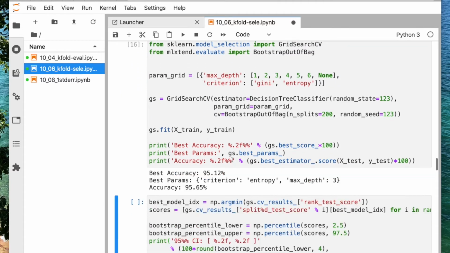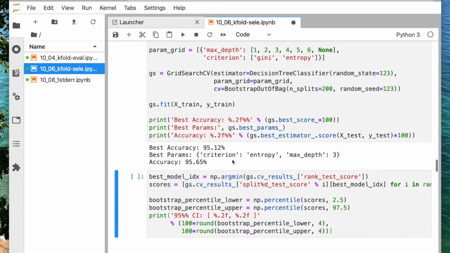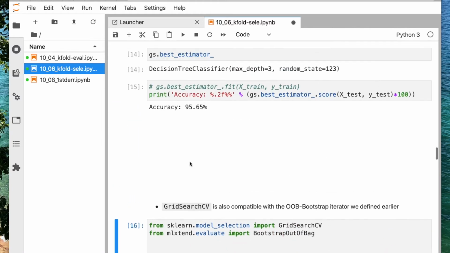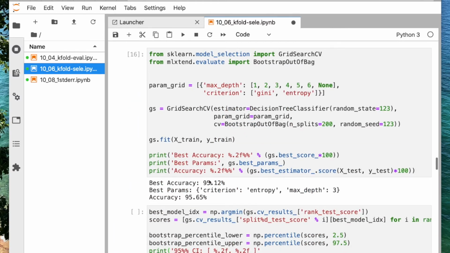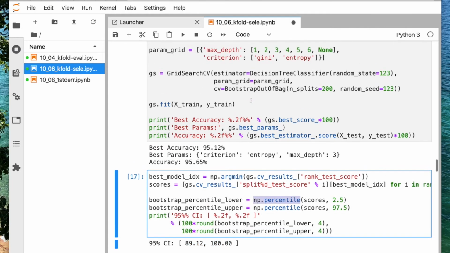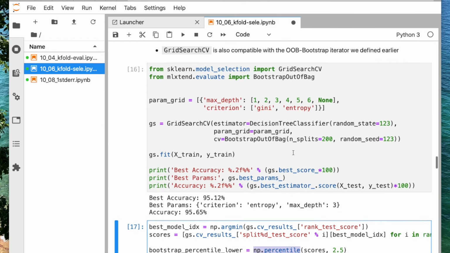And then you can also, if you are interested in that, compute the confidence intervals. So here actually it turns out this is the same performance as we got here in the test set, which is actually a good estimate of the performance. And the confidence interval would be between 89% and 100% using this percentile method that we talked about. So here it's just briefly how we can also do grid search not only with k-fold cross-validation but also using the bootstrap method.